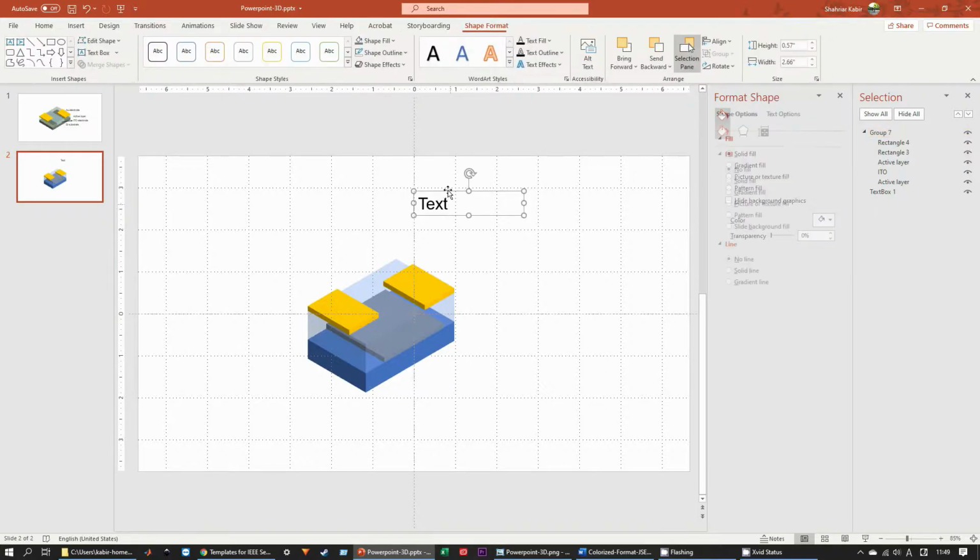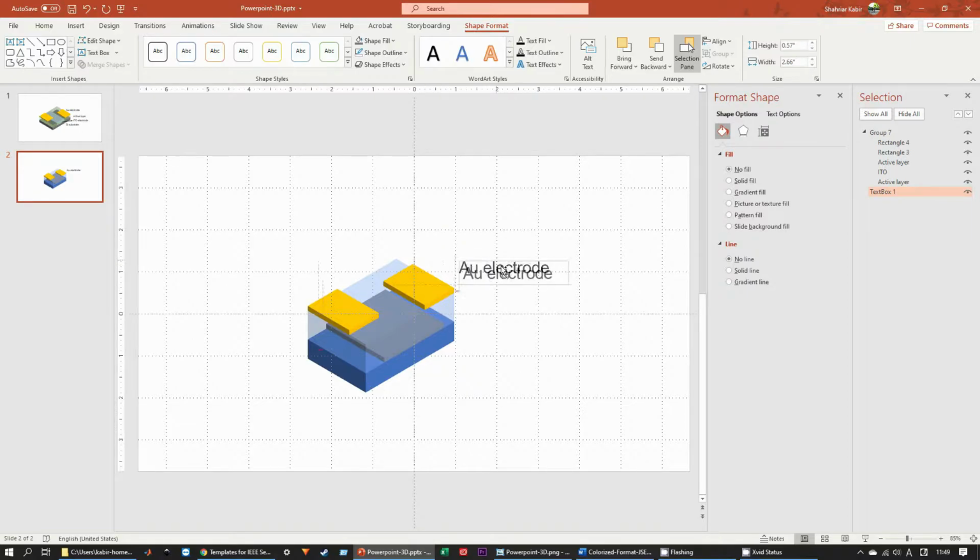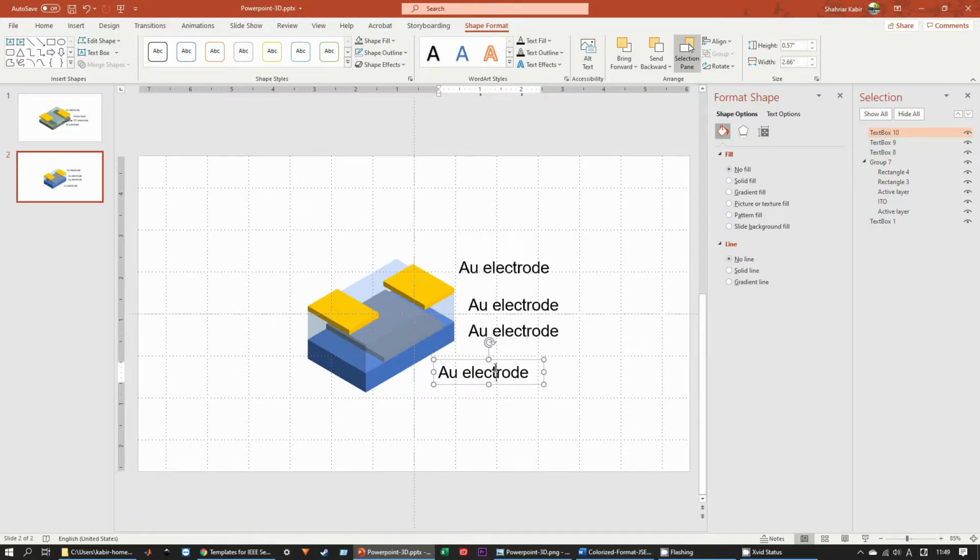Okay, so I will put the text over here. This is going to be the gold electrode. I want to duplicate it for the active layer. I want to duplicate one more time for the ITO electrode. I want to do it one more time for the silicon substrate. So this one, let me rename it. This is the ITO electrode and this is the